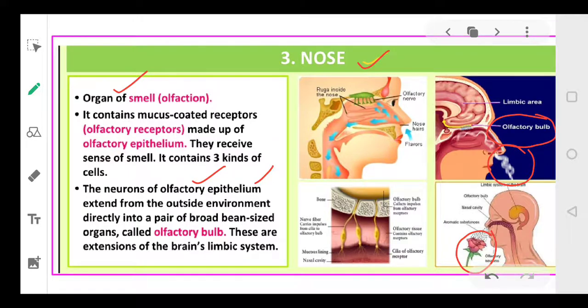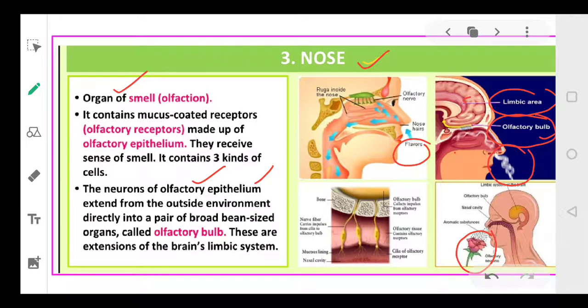And these you can say, you remember, we have the limbic system. So we have a limbic area in the brain, and this limbic area has extensions in the olfactory bulbs. So through the nose, when any smell enters your body, certain flavors reaching the nose hairs, they will reach your olfactory bulb, and this olfactory bulb will send the information to your limbic area which is present in your brain, and this is how we get the information that we are